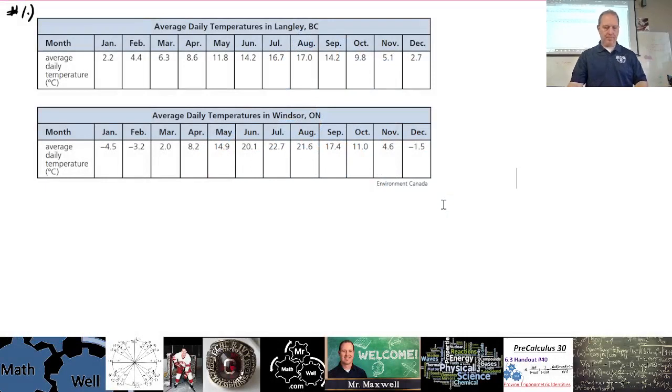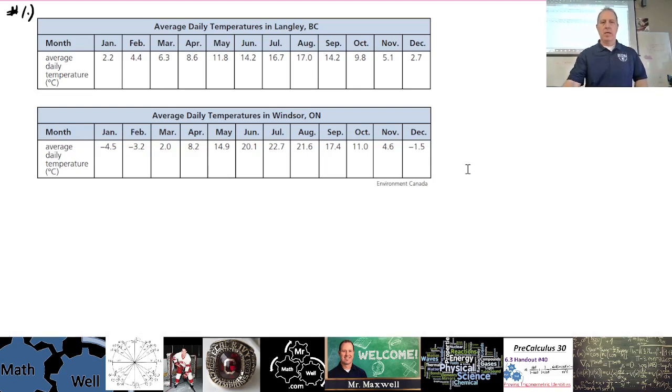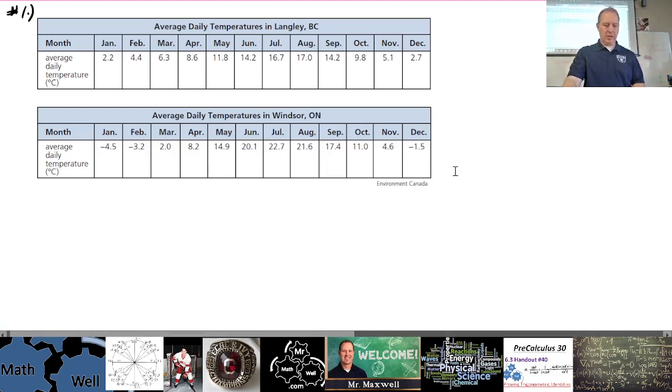Okay, so here's number 1. 5.1, exploring data, statistical reasoning. Question number 1 on page 211. Your textbook, Pearson, Foundations of Math 11. Love it. Okay. So the question says, construct a graph to illustrate the average daily temperatures in Langley, BC and